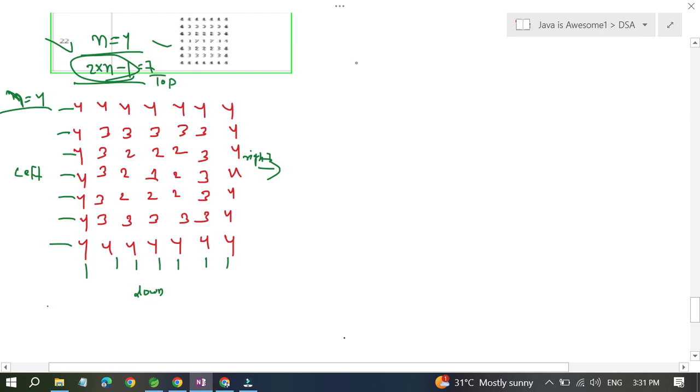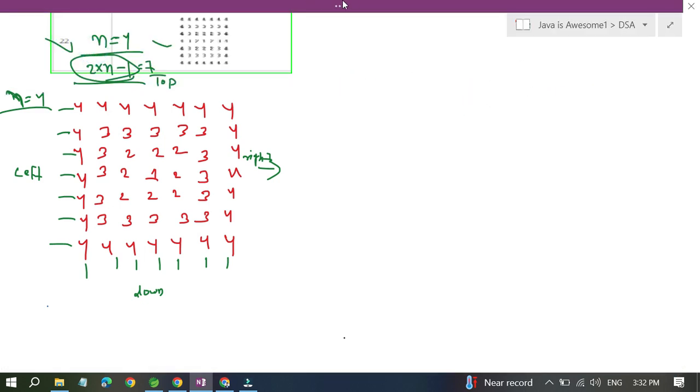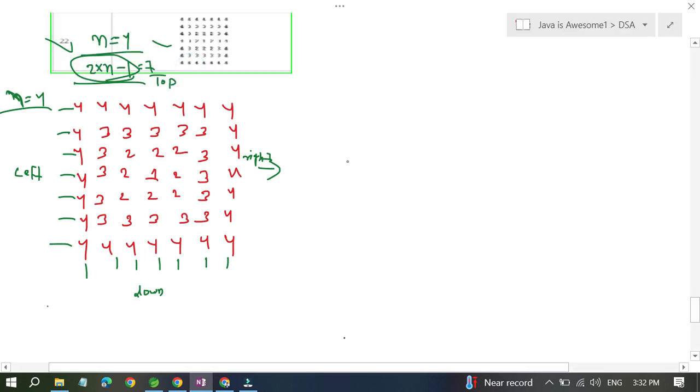Whatever value we have, if our n is 4, we do n minus each and every value, and with that we can design the pattern. Otherwise you can also understand it here, no issue. 4 minus 4 gives 0, 4 minus 3 gives 1, and so on. So if I try to design a new matrix with the formula n minus value,